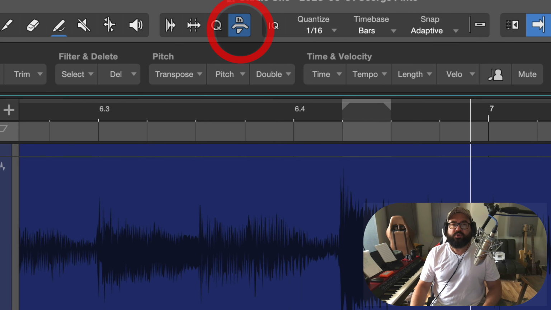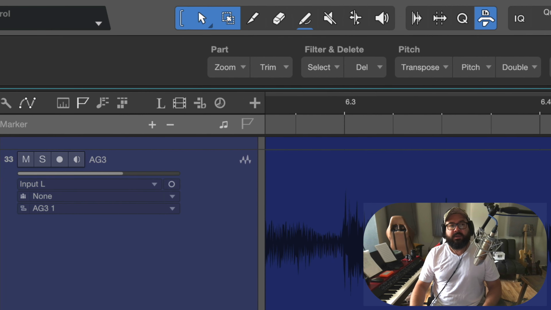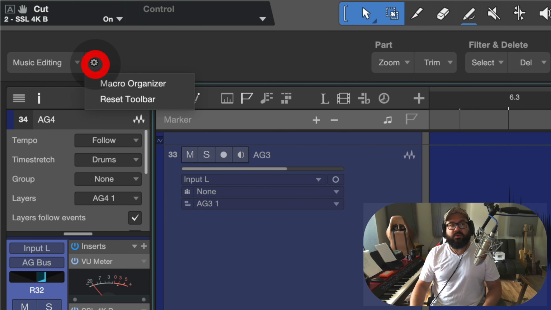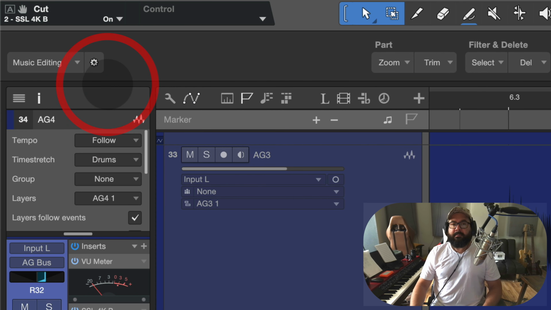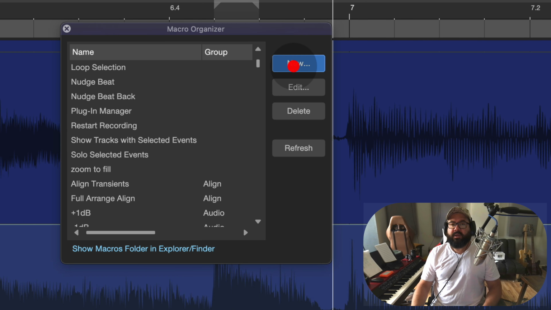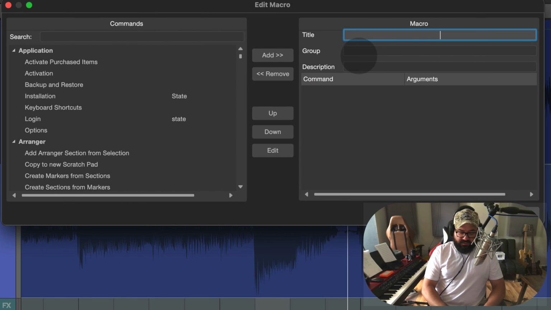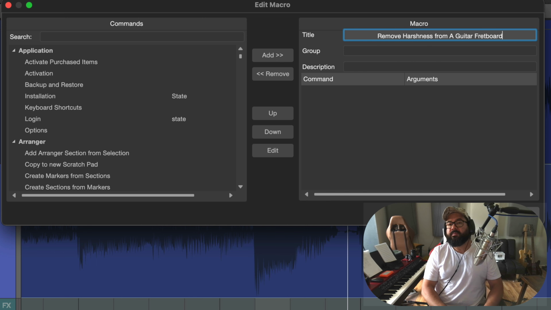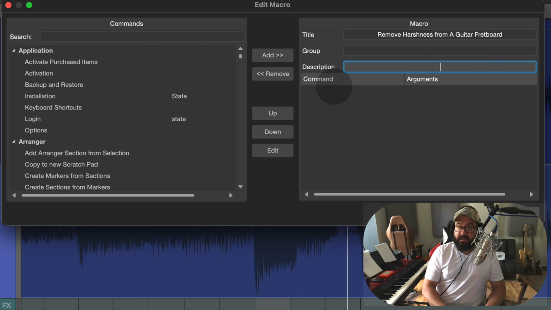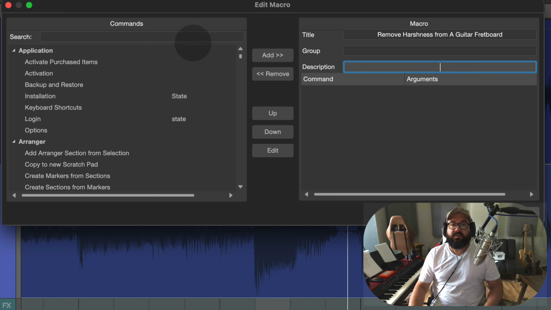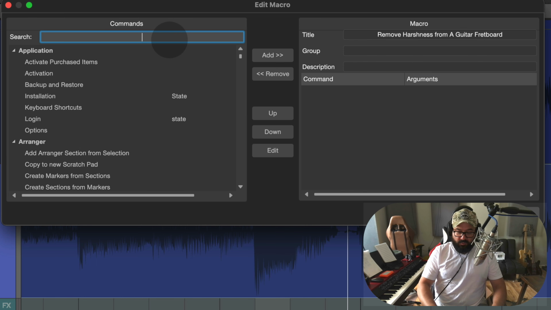First, you have to show your macro tools. Then you go to macro editing and you can click on this little cogwheel, macro organizer, create new, and I'm gonna call this remove harshness from acoustic guitar fretboard. All right, and on the description, I'll wait to the end, but the first step I want to do is